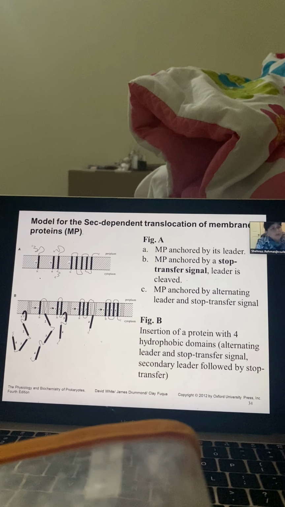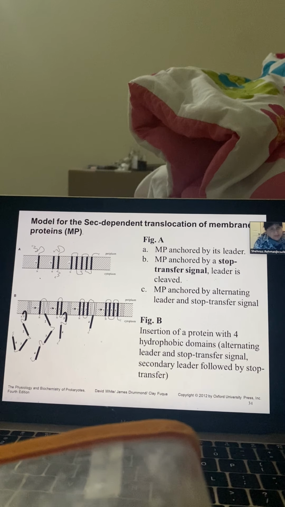Here is a model for a SEC-dependent translocation of membrane proteins. It's not being secreted, but it is being embedded in the membrane only. So those proteins that get embedded in the cytoplasmic membrane, here are some models of it where you will be needing the